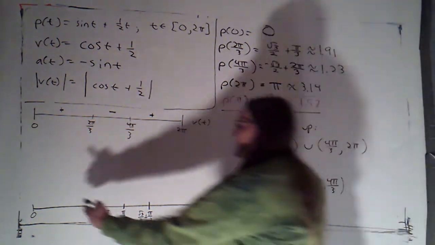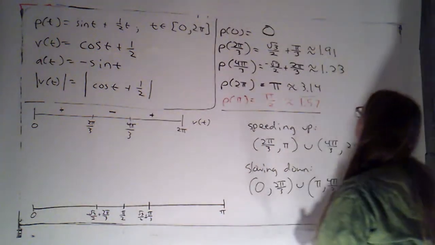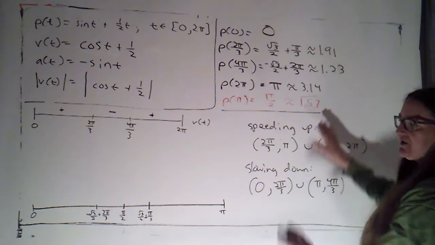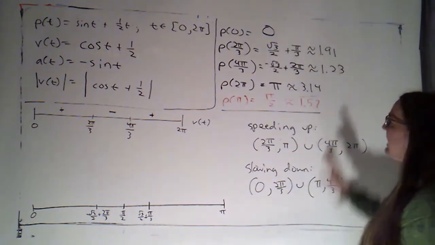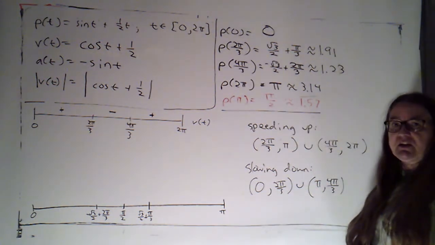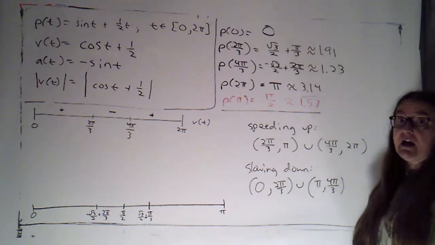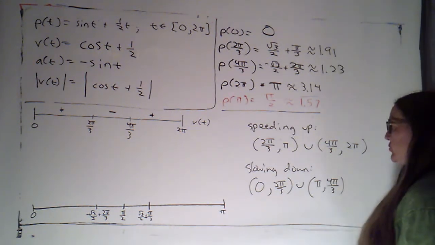So then here's my number line on which I marked off all of these positions. I didn't measure things exactly, but I used the decimal approximations to get things roughly to scale. So what I want you to do is